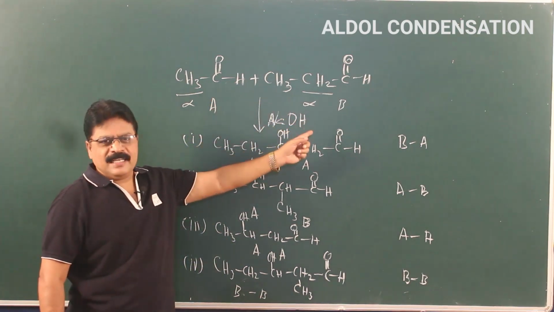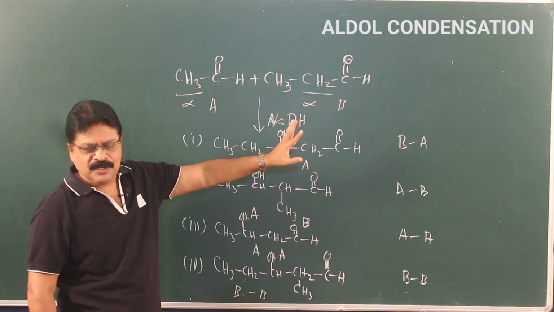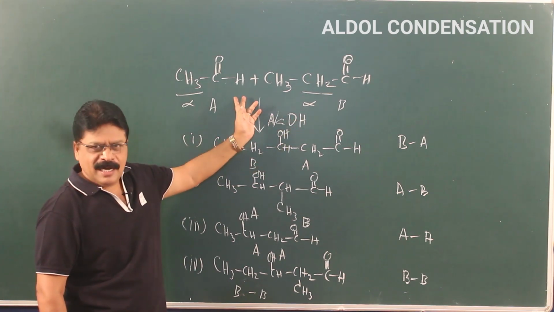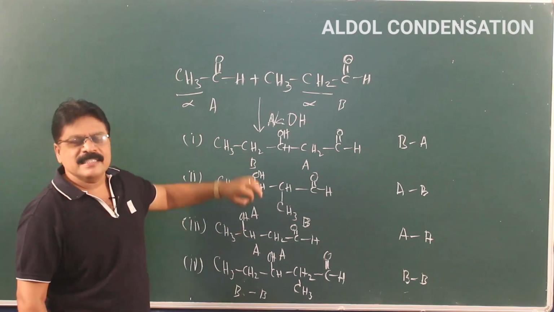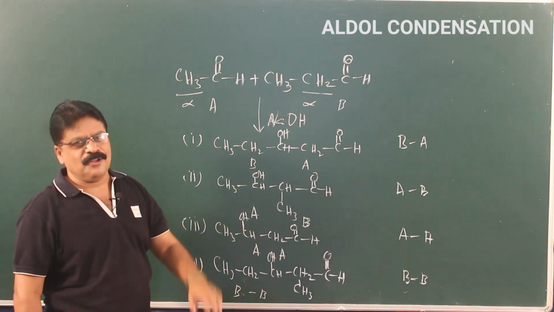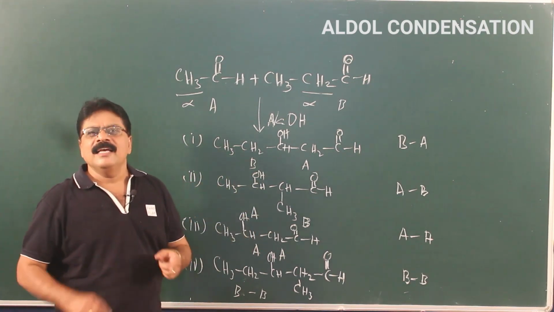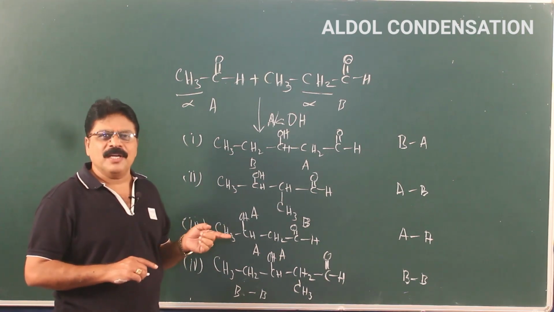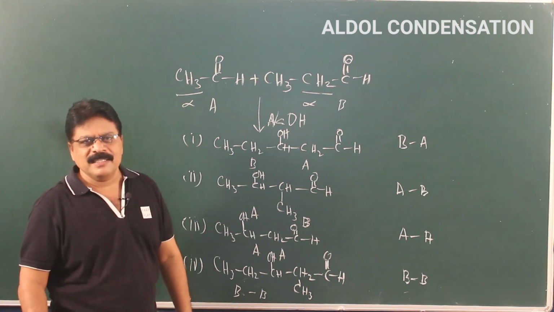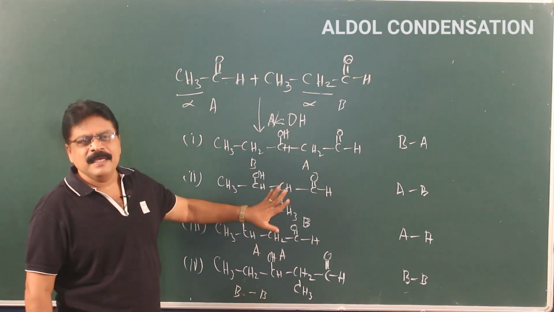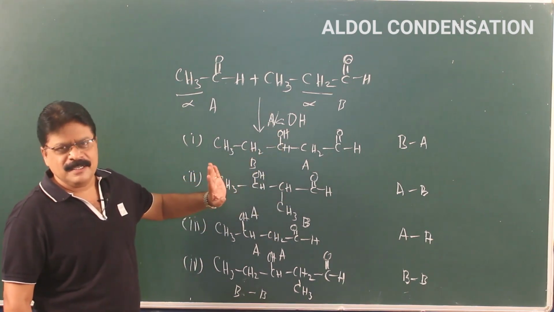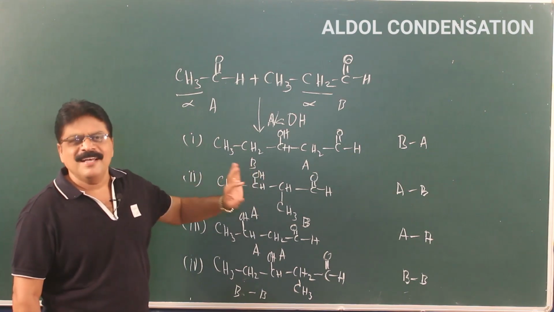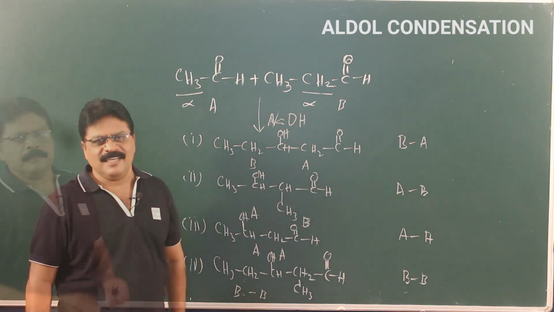If two different aldehydes, or an aldehyde and a ketone, undergo an aldol condensation reaction, then 4 different products are obtained. Such a reaction is referred to as a crossed aldol condensation reaction. A crossed aldol, because you get different products and almost all of them have similar properties, it is difficult for us to separate them. Therefore, synthetically it does not have very great significance. But such a reaction is referred to as what? A crossed aldol condensation reaction.